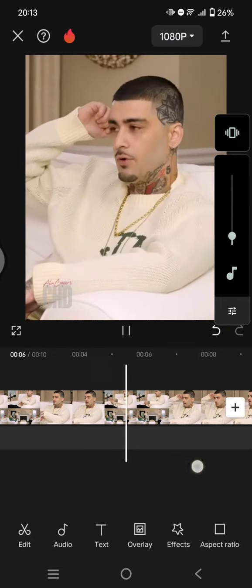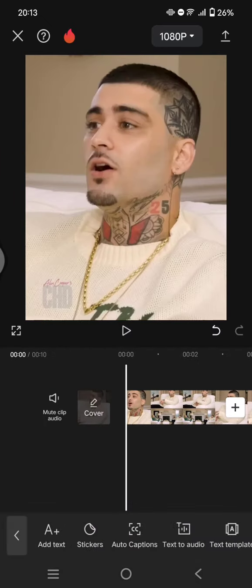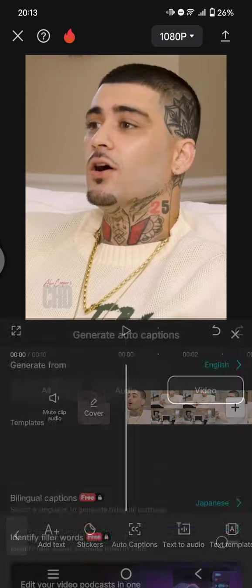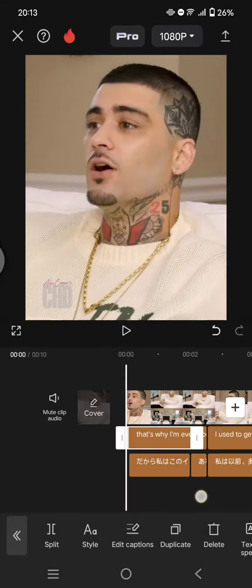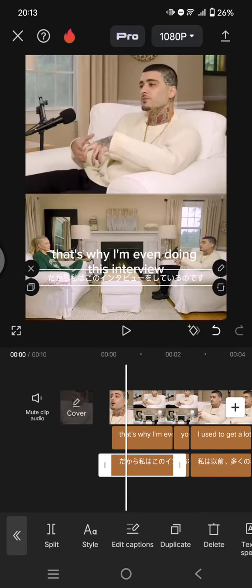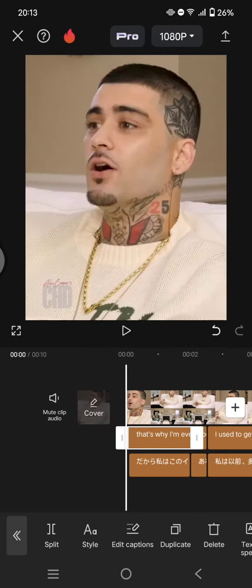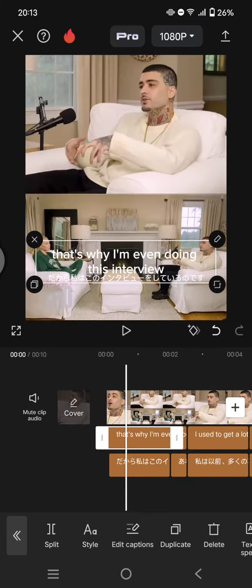And after that, you can just go to text to generate the captions. Click on the auto caption and just click on generate. Wait for it to finish, and after that here just click on the captions and go to style